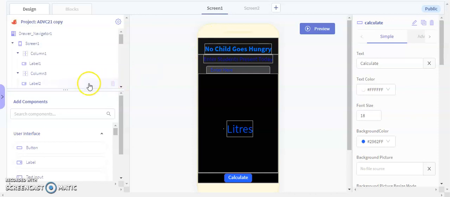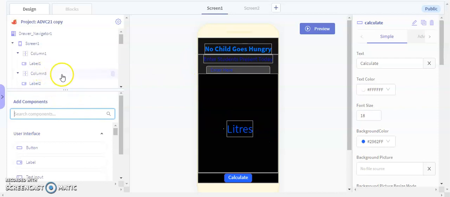So in Thunkable, all of your design blocks, which are the button, the label, the text input, and even the sliders, they all are called components. And over here you can also search your components, like if you want to search a slider. Okay, so over here we have got a switch. Then I am going to quickly explain what all things I have used over here.